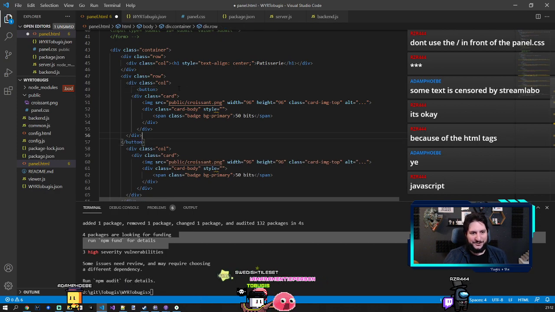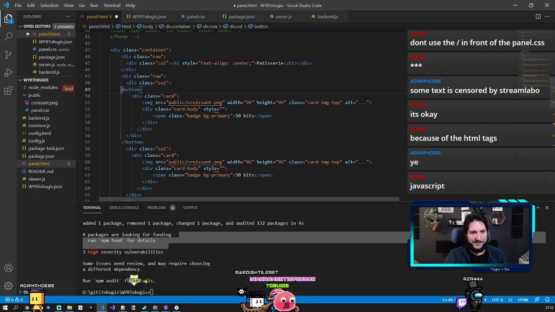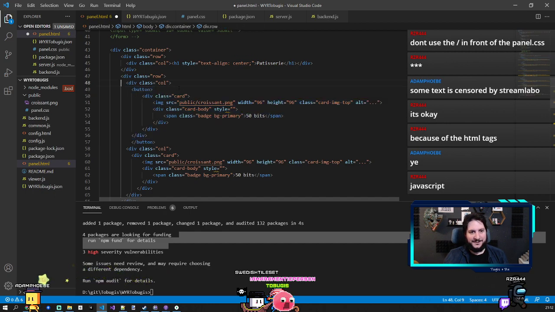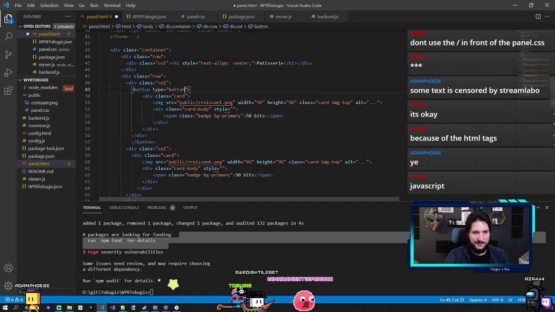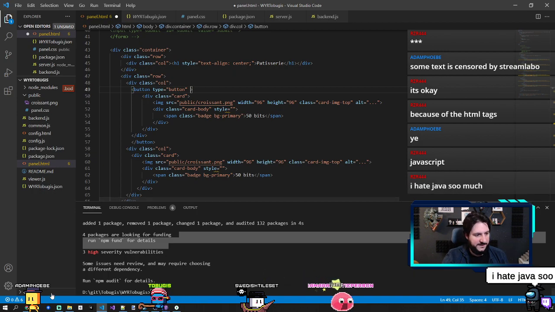Would that work to just put a button on top of my card with type button, of course, because we are just using Bootstrap HTML and not React? And I suppose that there's a